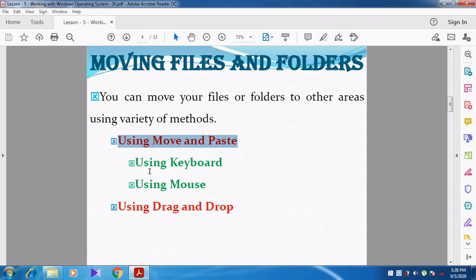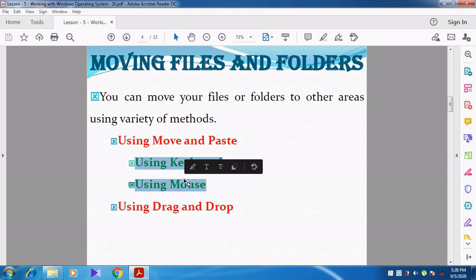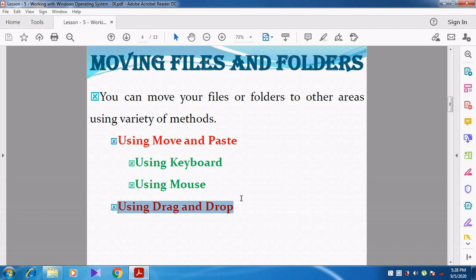We are going to do the cut and paste using keyboard and mouse, moving the file or folder from one place to another. Then the third way is using drag and drop.